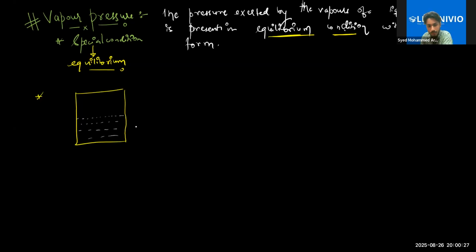This is liquid of A. Let's say A is some compound. I'm just generalizing everything. A is something. So if I'm having a liquid of A, what will happen? This is there in the liquid form,